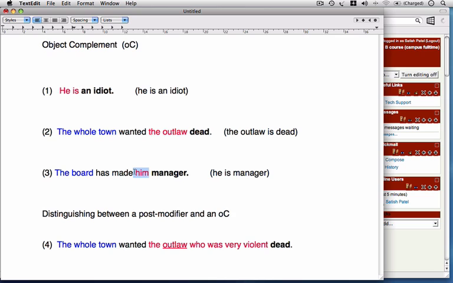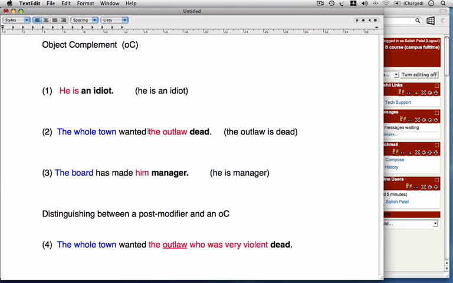Somebody has made him. Now, we've got this word which we have to account for, manager. So in this case, he has changed. He has changed from becoming just an employee to becoming a manager. So because of the action of the board, he has been changed into a manager. So manager here is the object complement.